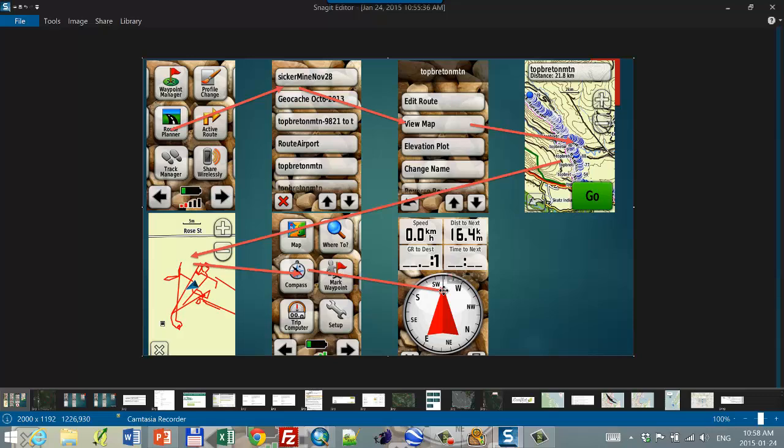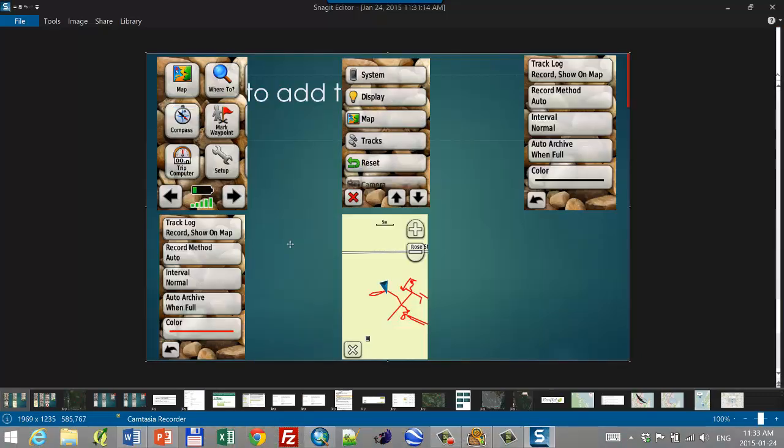Another method that works quite well is to change your track recording to red. If you went out a few weeks ago or a while ago and recorded a track, it would be displayed in your GPS unit in black. And if you wanted to follow that existing track, what you can do is change it to red, so you always know where you are. And you don't have black on black, you don't have black roads, black tracks. Now you have a red